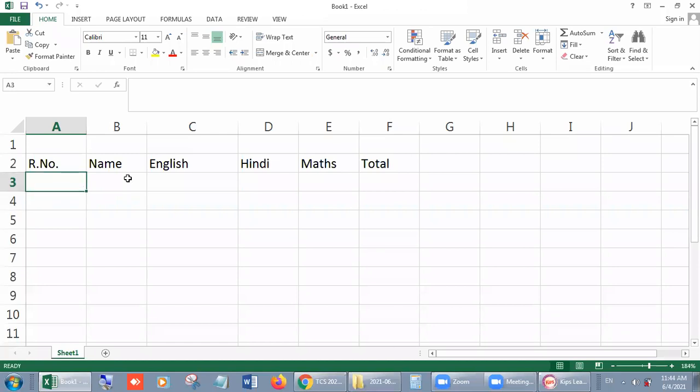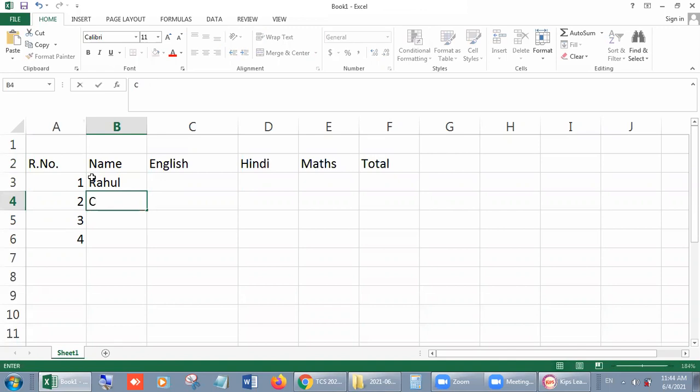Just activate the cell and type 1, and with arrow keys you can get down or with the help of mouse, right? 2, 3, 4. Now name, suppose name is Rahul, Chetan, Suraj, Taman, right? We have 4 names.